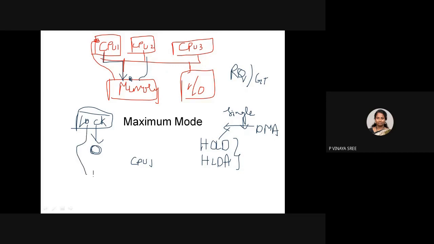If this is 1, is processor 1 using the system bus? Is there a lock for that system bus? No. So the other processors who want to use the system bus for communicating with memory can access it. That is a lock. Okay, so let me explain about the request.